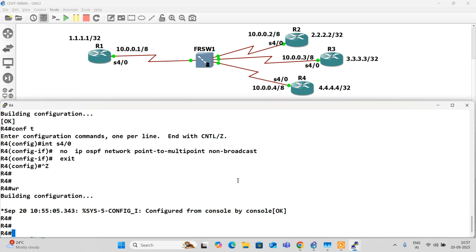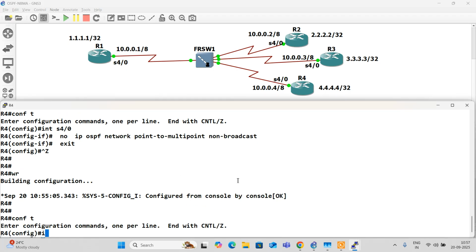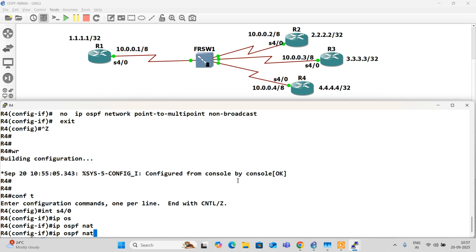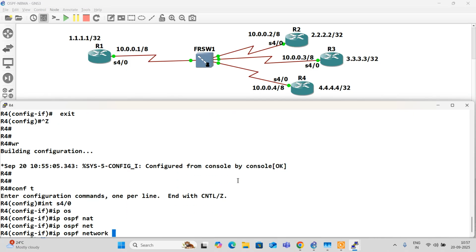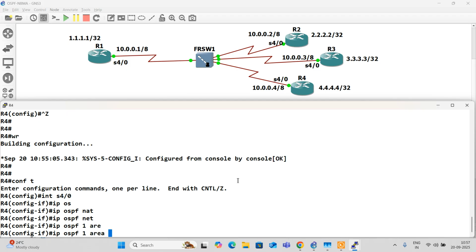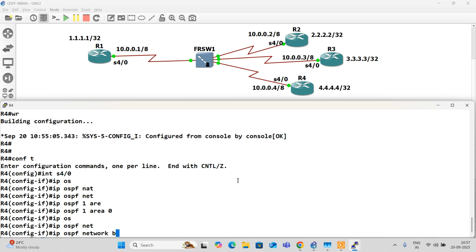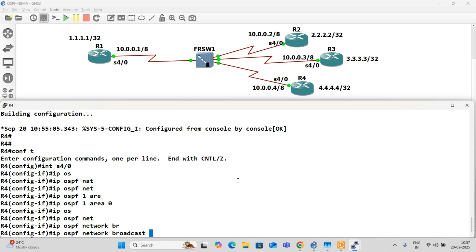I'll start from router 4 itself. Interface serial 4/0. Before that, IP OSPF 1 area 0, IP OSPF network type broadcast. I'm making it as broadcast.